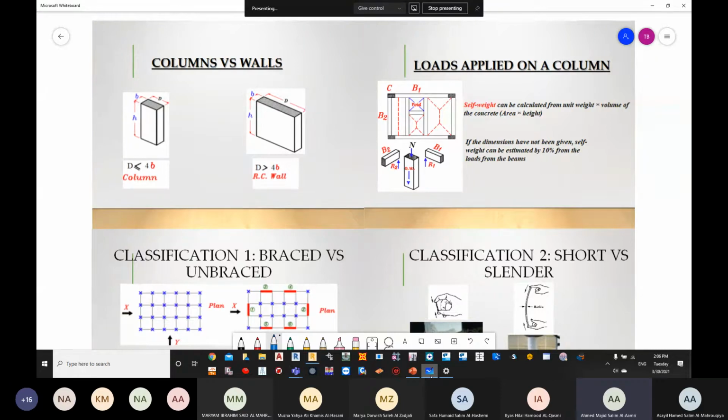Okay. So if you see here, I have multiple slides. We're going to go slide by slide, and we're going to learn the different things here. Now the first thing that we need to know is the difference between a column and a wall. The difference between a column and a wall. Now according to the BS code,